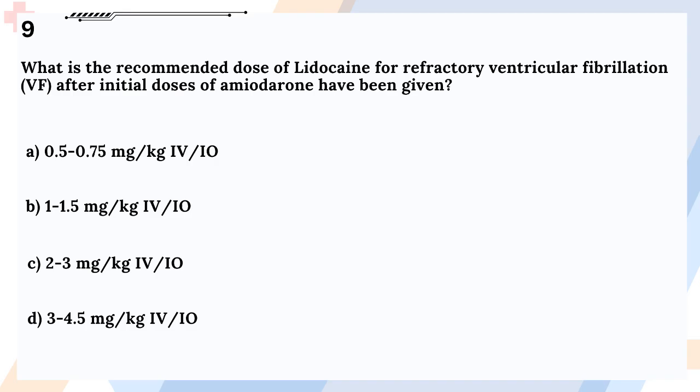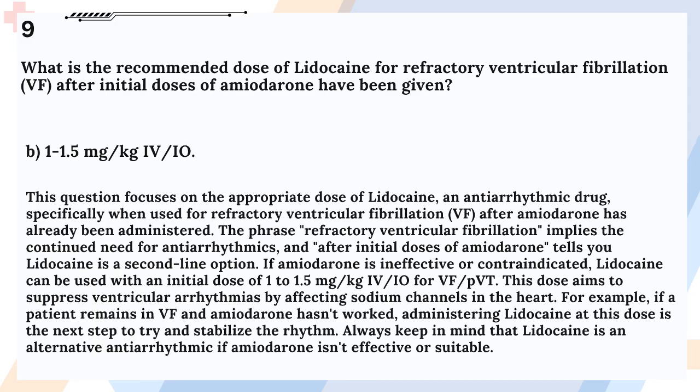Question 9. What is the recommended dose of lidocaine for refractory ventricular fibrillation, VF, after initial doses of amiodarone have been given? A. 0.5 to 0.75 mg/kg IV/IO. B. 1 to 1.5 mg/kg IV/IO. C. 2 to 3 mg/kg IV/IO. D. 3 to 4.5 mg/kg IV/IO. Answer B. 1 to 1.5